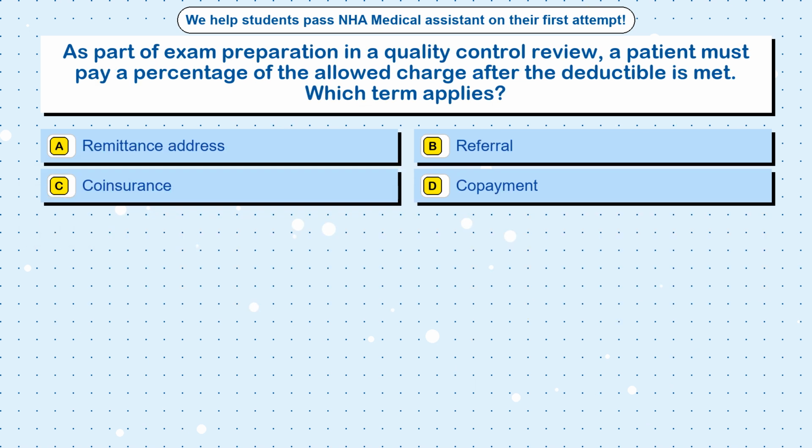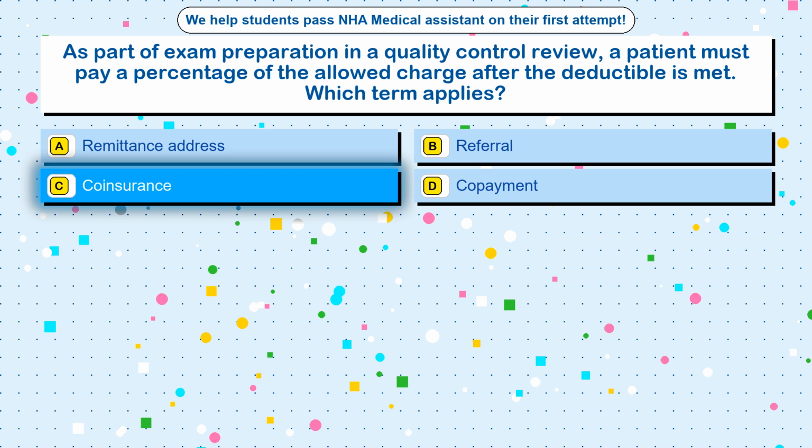Question 66. As part of exam preparation in a quality control review, a patient must pay a percentage of the allowed charge after the deductible is met. Which term applies? Option A, remittance address. Option B, referral. Option C, coinsurance. Option D, copayment. The correct answer is option C,